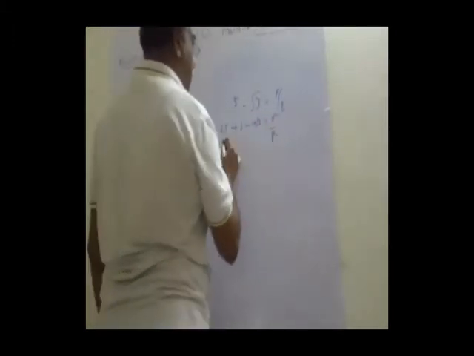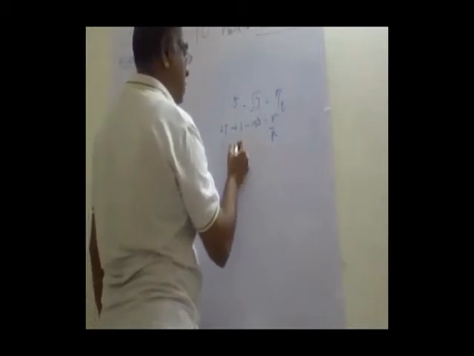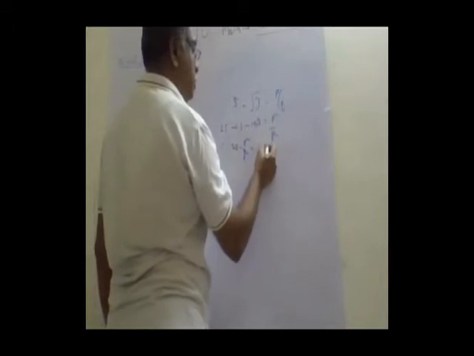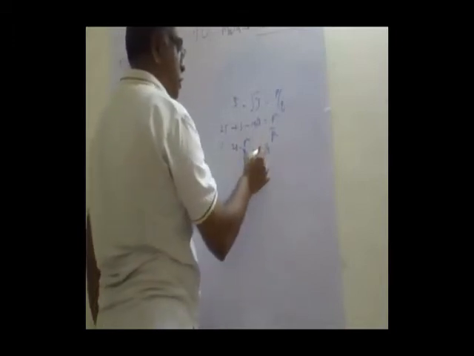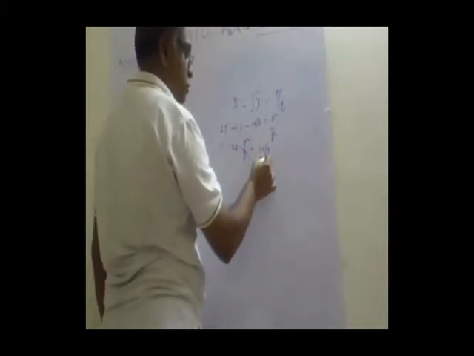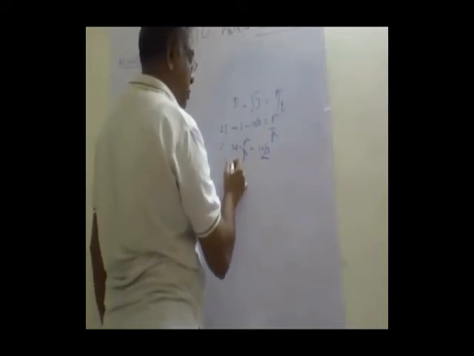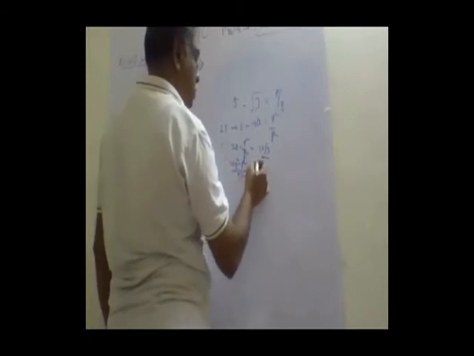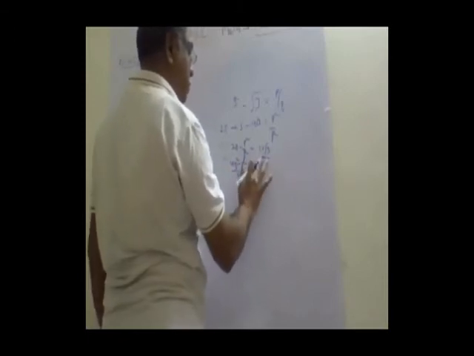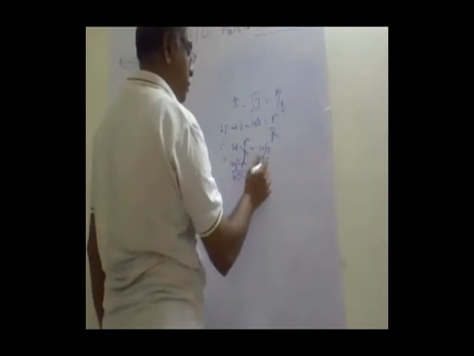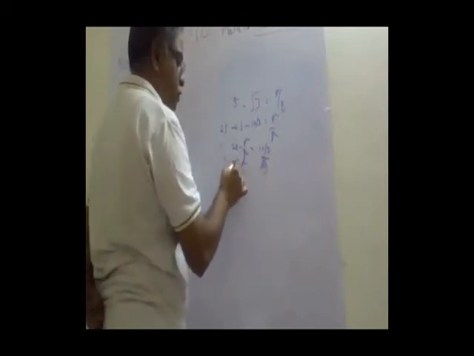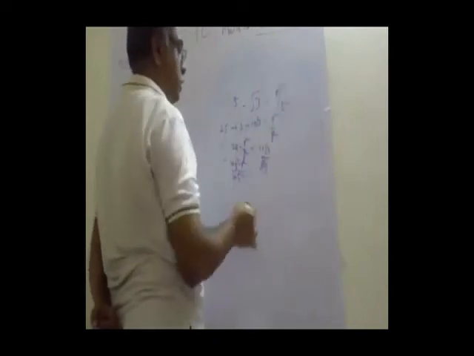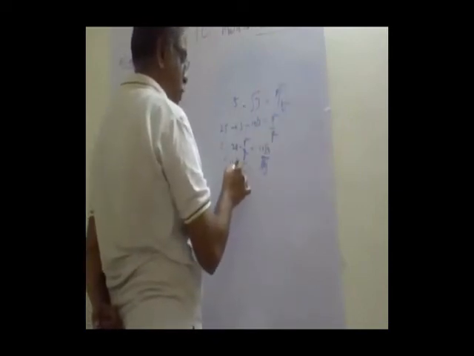So that means 28 minus p square by q square is equal to 10 root 3. Is this a rational number? No. This is 28 q square minus p square by q square is equal to 10 root 3. If you take 10 to this side, q is a natural number, p is an integer, so this is a rational number.